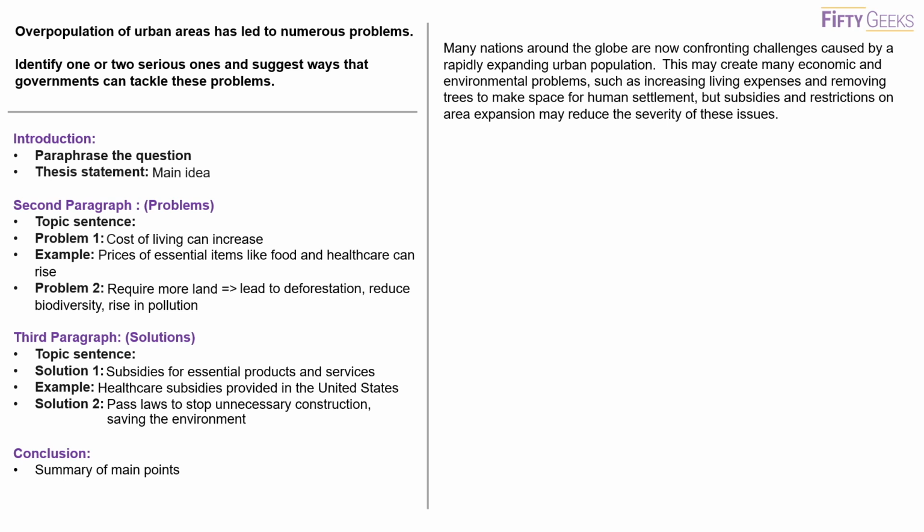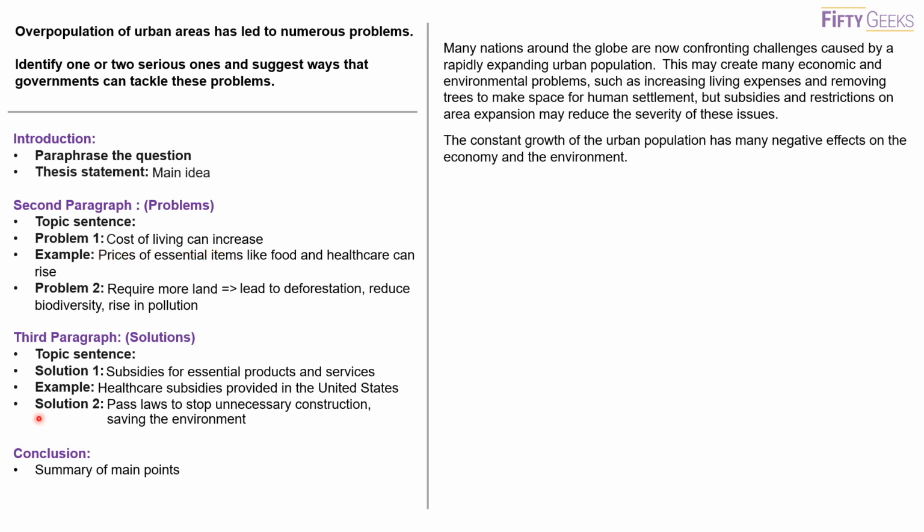After I write the introduction, I will write the second paragraph in which I'm going to talk about potential problems related to overpopulation. First, I'm writing the topic sentence for this paragraph. So I will write, the constant growth of the urban population has many negative effects on the economy and the environment. I will continue writing and will explain the first problem, which is the cost of living will increase due